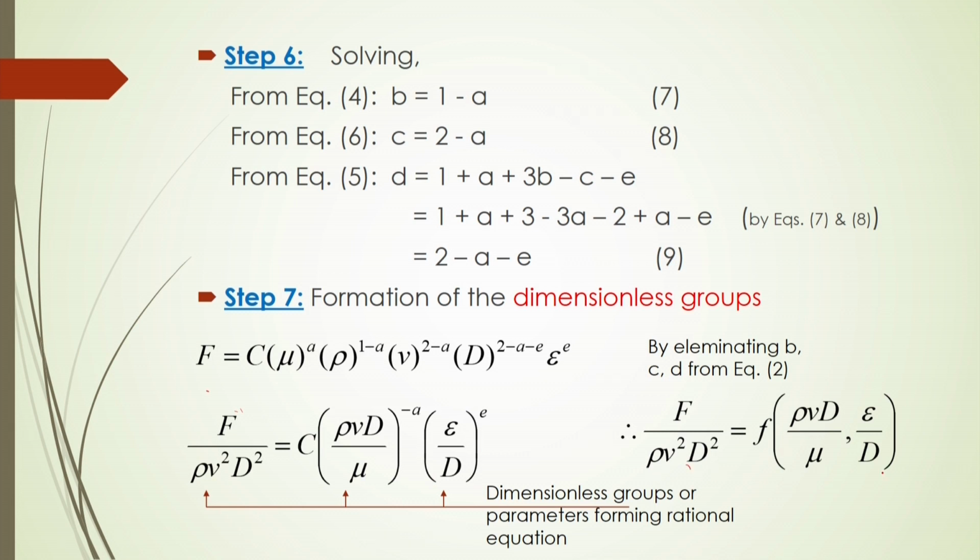So, based on these dimensionless groups we can form a functionality of these dimensionless groups. Here, this is one dimensionless group, f by rho v square d square, as a function of rho v d by mu and epsilon d. Very interesting that rho v d by mu is the Reynolds number. Reynolds number is a dimensionless group. So, this is a function of the Reynolds number. So, the flow resistance, if you divide it by rho v square d square, will be one dimensionless group. This is a function of the other dimensionless groups. So, in this way you can make a dimensional analysis and make a functionality of the dimensionless groups. So, thank you for this lecture today.